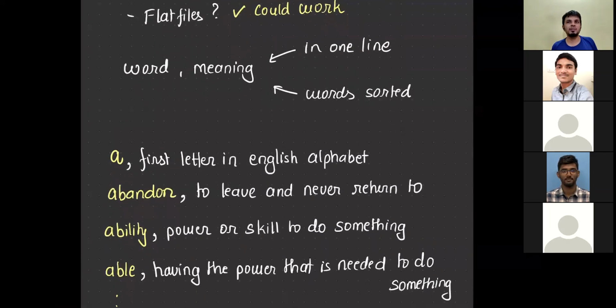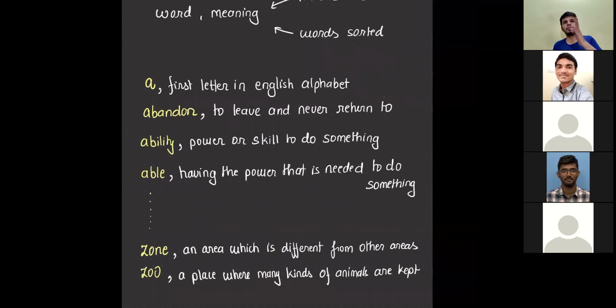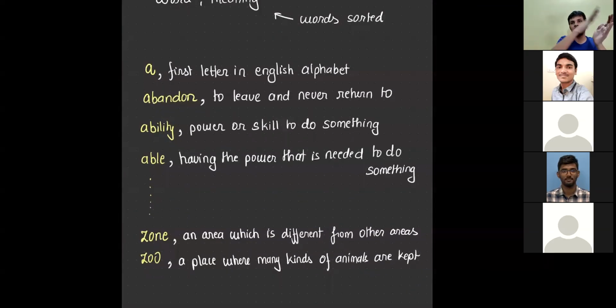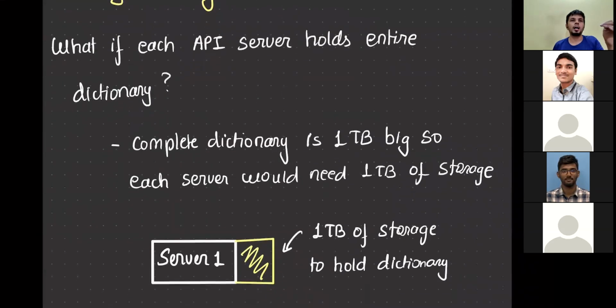Let's say, as Varun proposed, that we just do a normal CSV store, like word, comma, meaning in one line. As simple as that. We can have a format something like this. Let's say A, comma, first letter in the English alphabet. Abandon, ability, able, something like this. You have word, comma, meaning, the way you're storing it. Now, if you store it this way, what if,